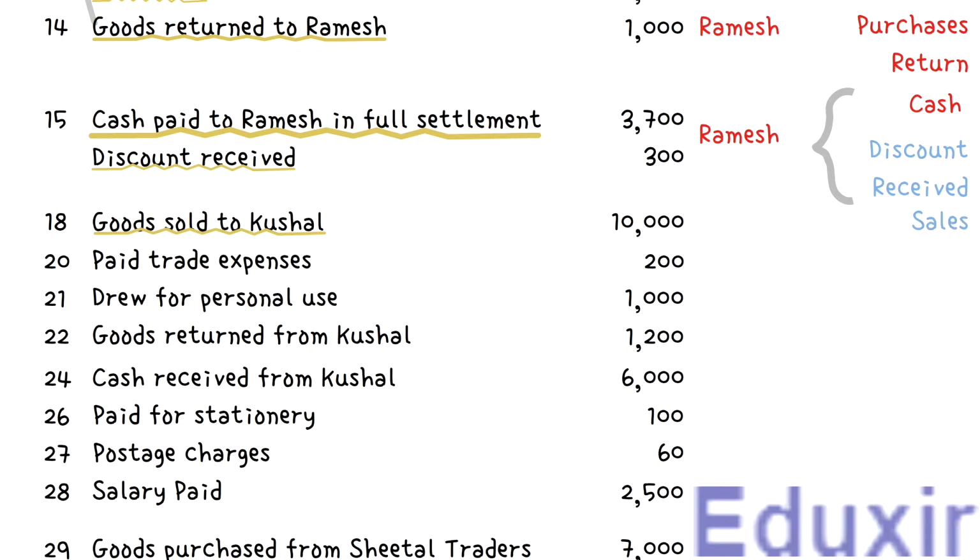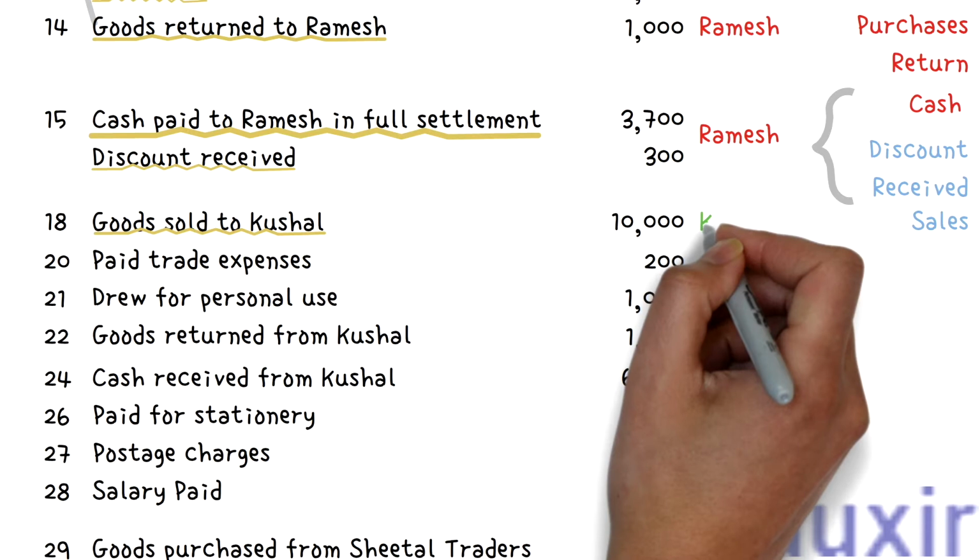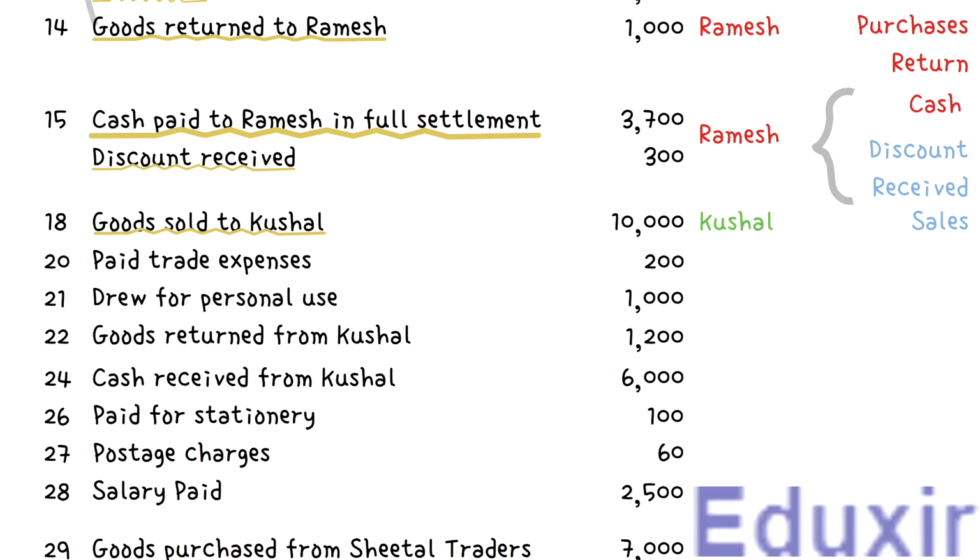At the same time, as the sale is done on credit to the customer Kushal, Kushal becomes the debtor asset of the business. In other words, the debtor asset of the business is increasing in this transaction. The rule to record any increase in the asset is to debit the corresponding assets account. In this case, the debtor Kushal account should be debited. With this analysis at our disposal, let us now proceed with the journalizing of this transaction.